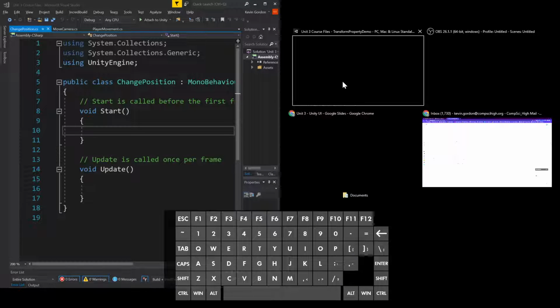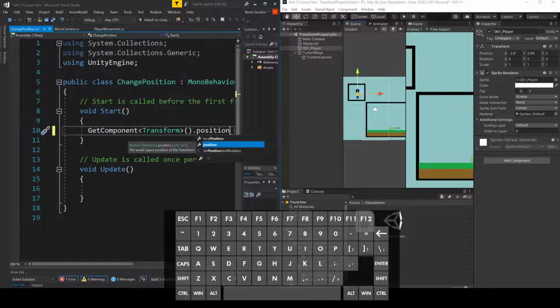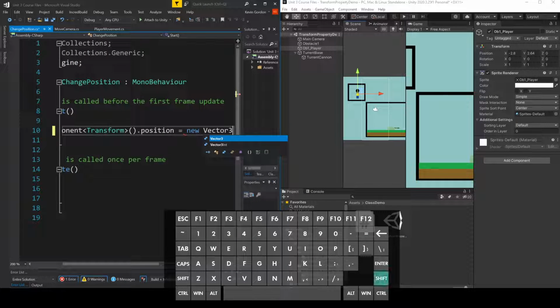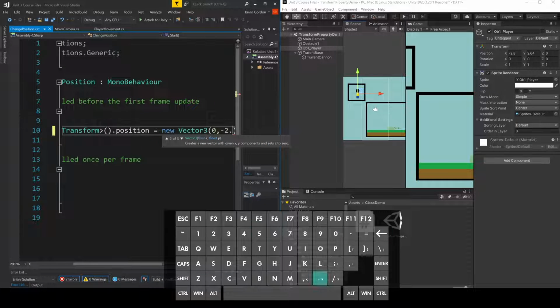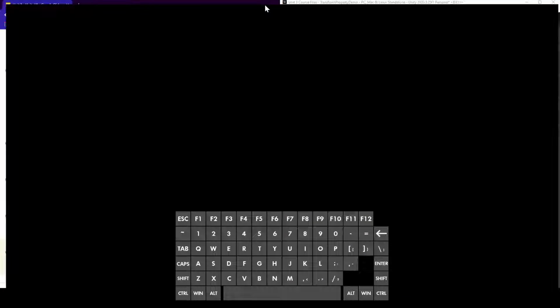Now the first thing I want to do, like we said, I want to get the transform component. So I'm going to do get component, open caret, transform, open close parentheses. Right here, I'm just getting the transform component. I'm telling the code, hey, I want to get this specific component. From there, I'm going to do dot, and I'm going to do position. So I can get the position property, and I will assign that to be a new vector 3, and I'm going to set it to 0, negative 2.5f, 0, like that. I'm going to full screen this real quick